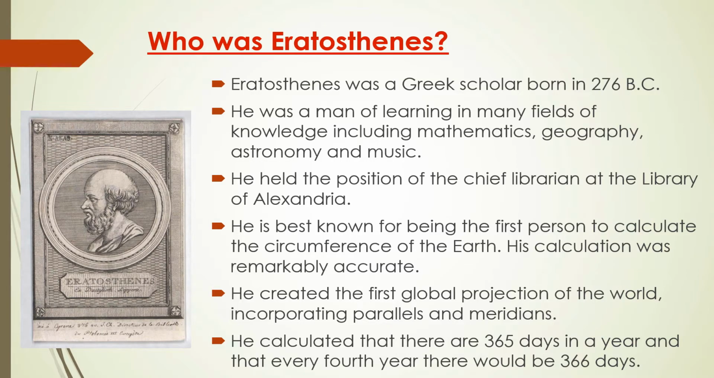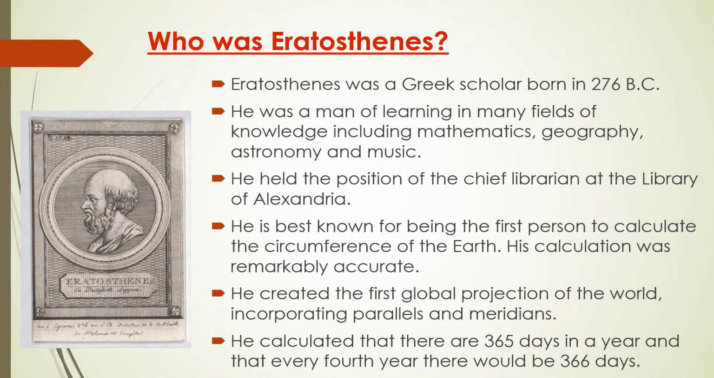Why don't we begin just by talking a little bit about who Eratosthenes was. He was a Greek scholar born in 276 BC. He was a man of learning in many fields, including mathematics, geography, astronomy, and music. He held the position of the chief librarian at the Library of Alexandria, and he's best known for being the